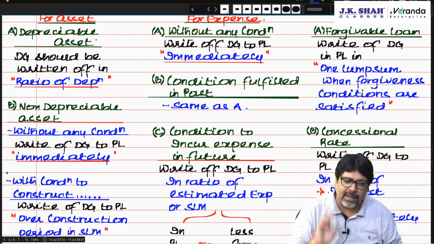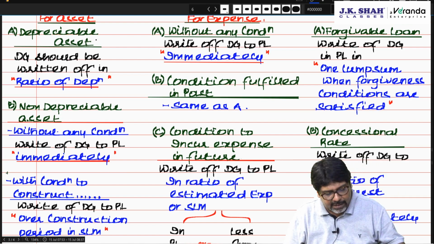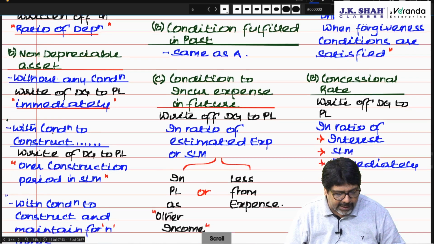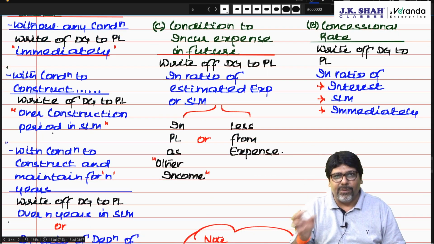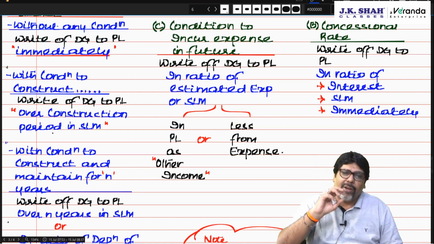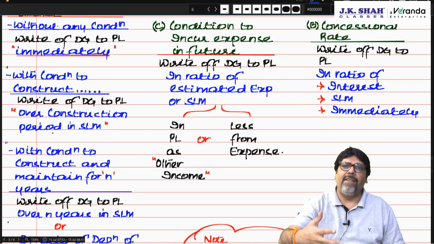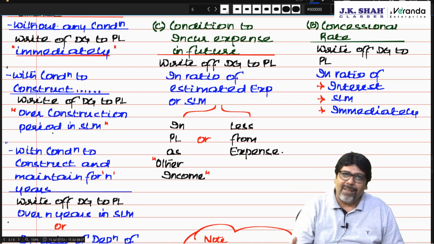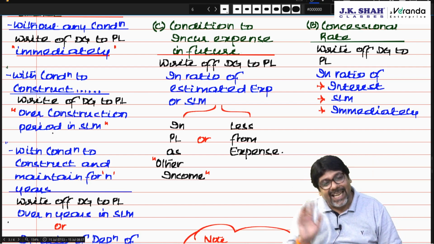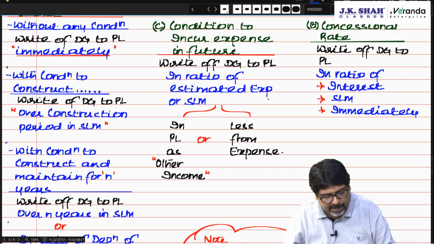Am I clear? Yes, sir. Condition fulfilled in the past, same, immediately. Without any condition, immediately. Now the condition to incur expenses in the future. That means you are supposed to use that money for some purpose, for creating jobs, for skill development. Correct? So that money you are supposed to use for creation of jobs or for skill development. Then, chartered, as and when you incur expenses, write off the deferred grant to P&L in the ratio of estimated expense